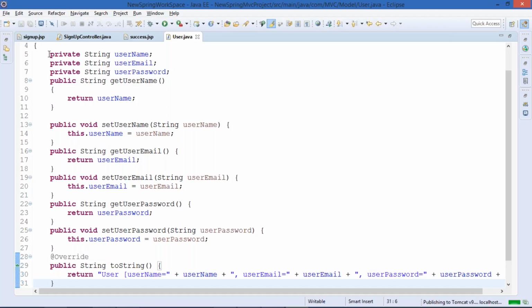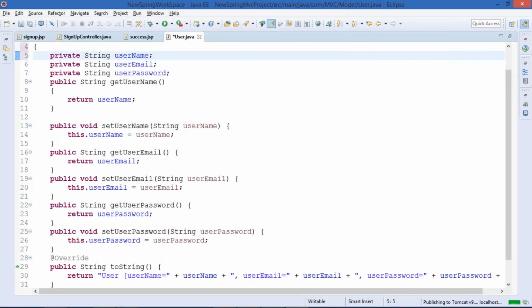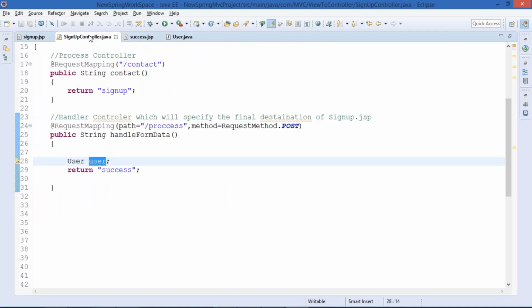So now, guys, what we have created is a model. Previously, we had a view; the view names were signup and success. The controller name was SignupController. And next, we have created a model. The model name is User. Now this is done. So next, what we can do,